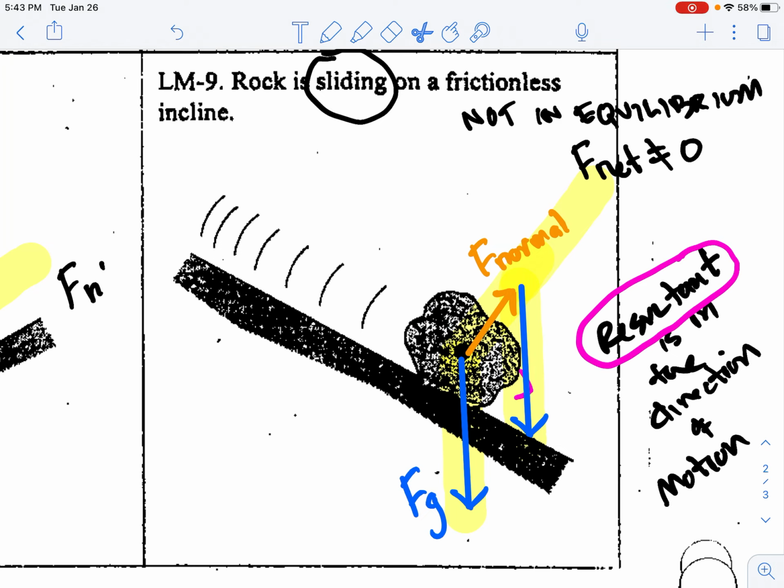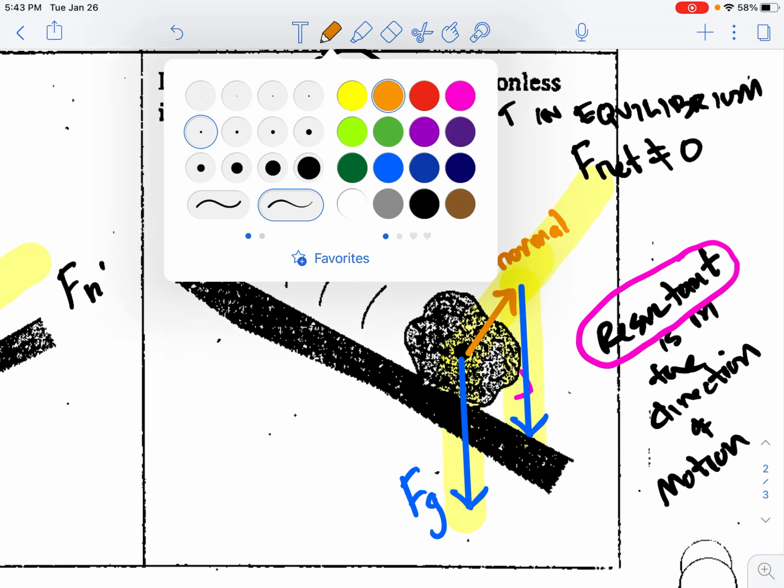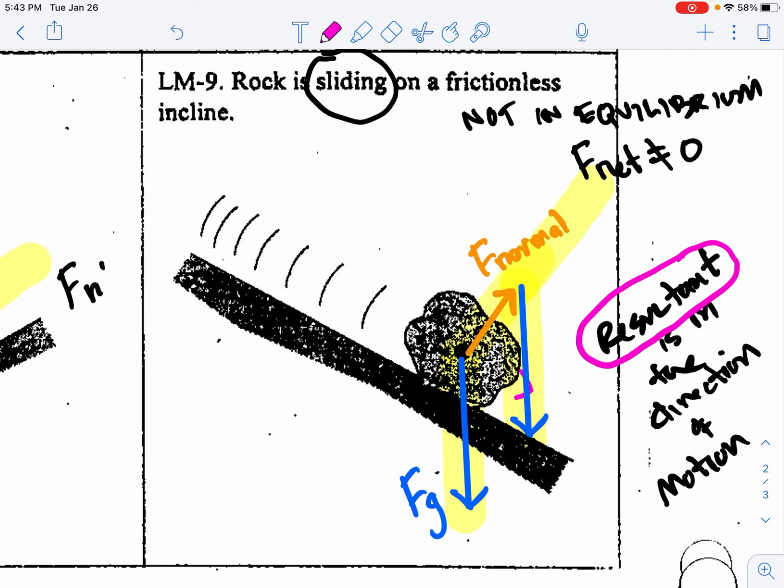Then my resultant is going to be, let's make that hot pink again, from the beginning of the orange one to the end of the blue one. So there's my resultant. And it's in the direction of motion. Okay, now it wasn't exactly parallel to that shelf, but that's because my parallelogram wasn't exactly proportional to it. Okay? All right. The idea is that you're adding vectors, and when you add the vectors to get the resultant,